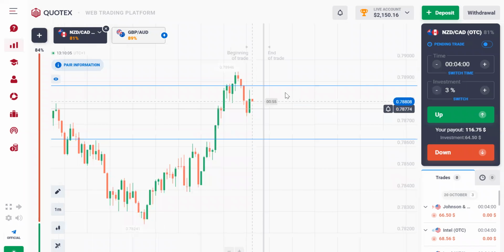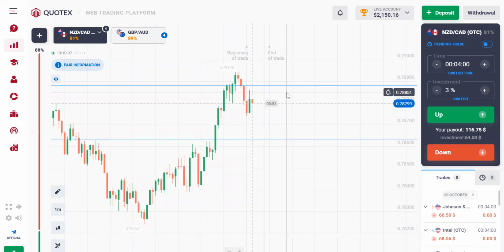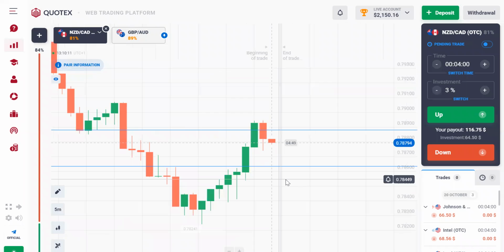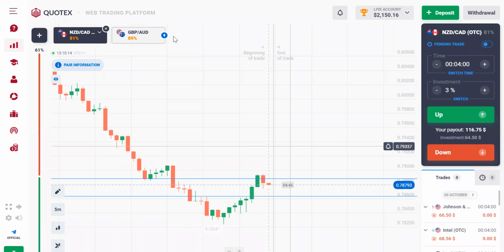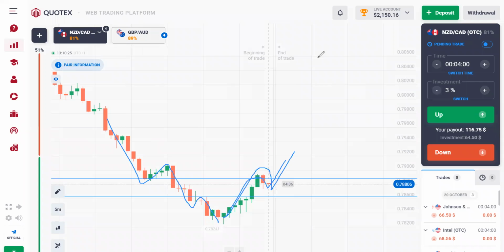So this would have been my entry. This would be the good area to sell. So I'm having conflicting price actions because the market is giving us lower low, lower high on the downtrend. At the same time, it could be giving us higher high, higher low if it wants to change the trend. So if it wants to sell, it's going to sell down to this point.